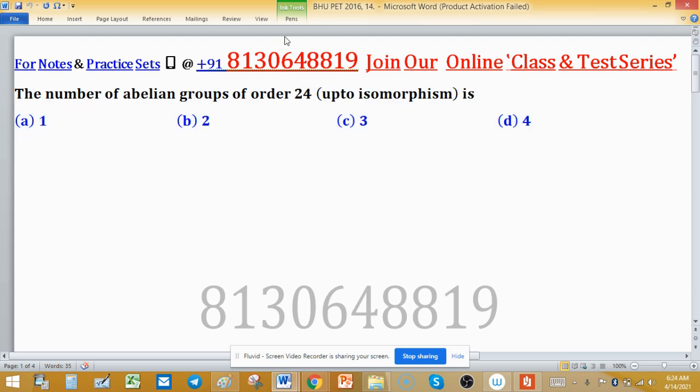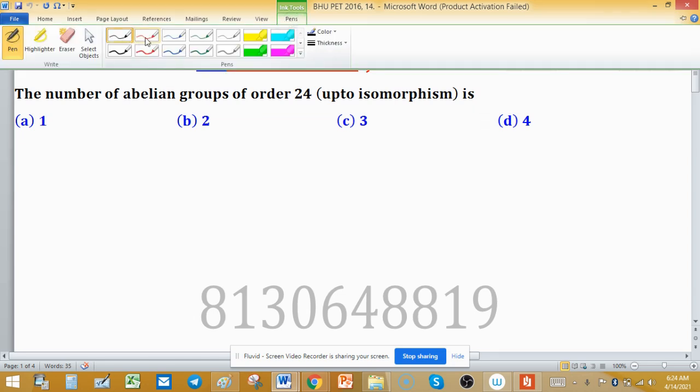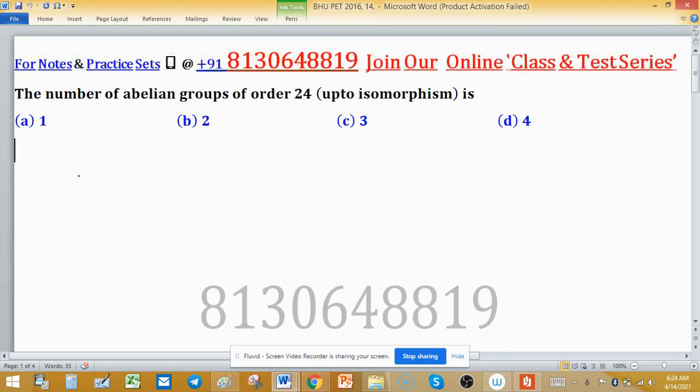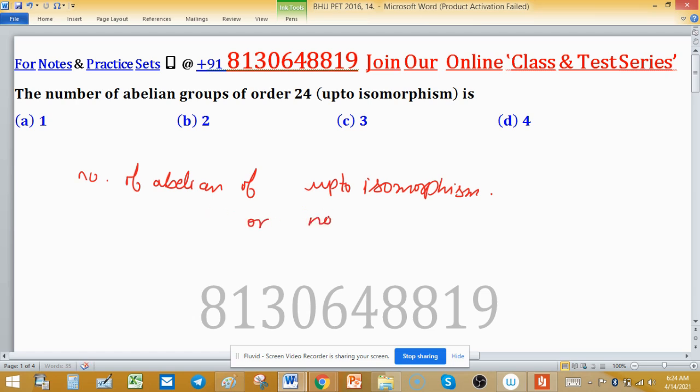These are the two ways of asking the question. So the number of abelian groups of a specific order up to isomorphism, or non-abelian groups of a specific order,